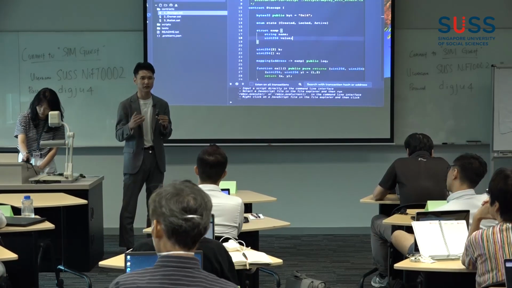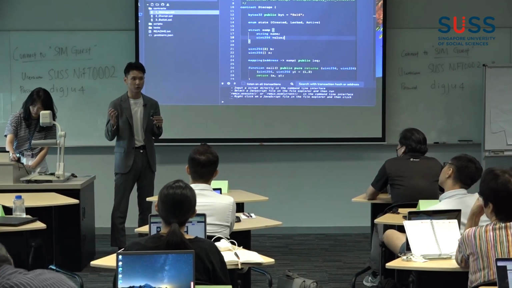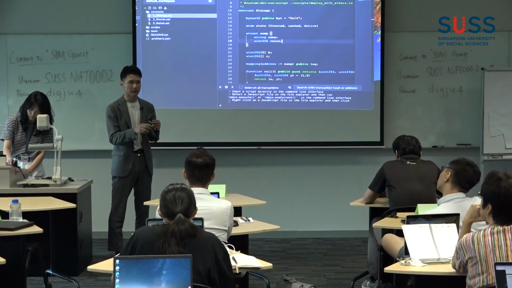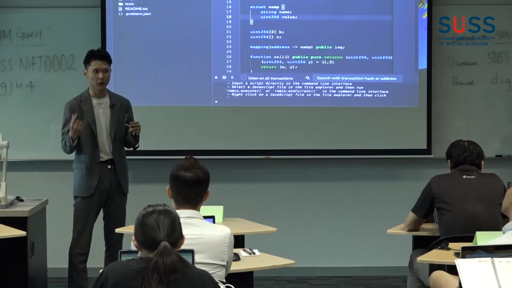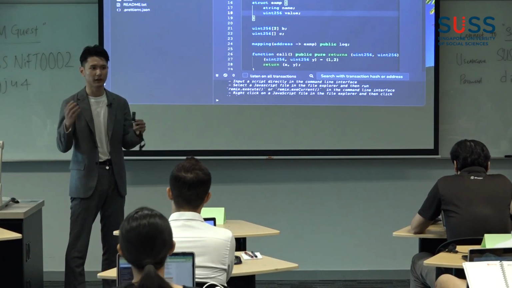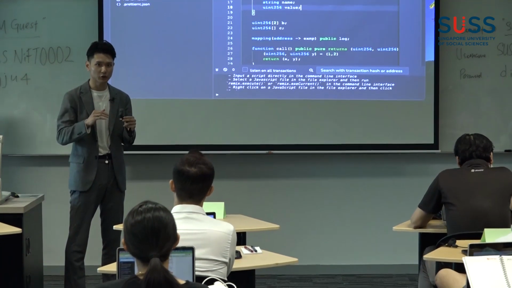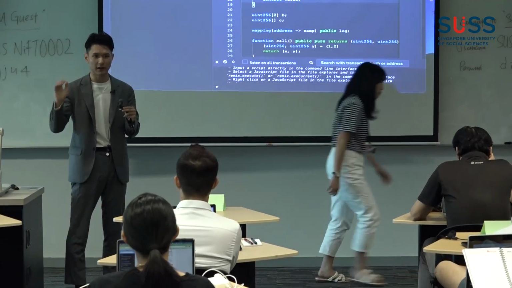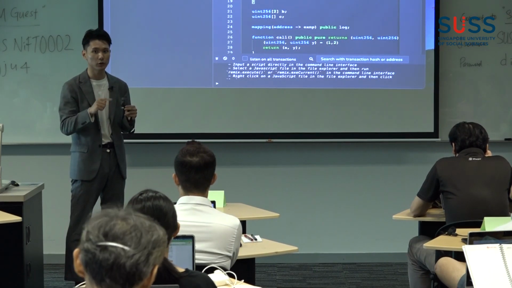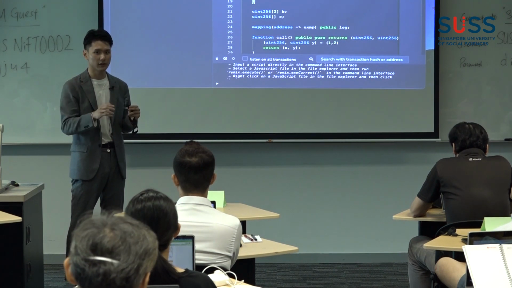So imagine a malicious actor created a malicious contract, a phishing contract. He can use social engineering, for example, a phishing website or some email, to ask the victim to interact with his contract. For example, he can say that if you interact with my contract, you can get an airdrop of some tokens. Then when the user interacts with his contract, the malicious contract can pass on this transaction and call another contract. So if the target contract uses tx.origin to authenticate the caller,